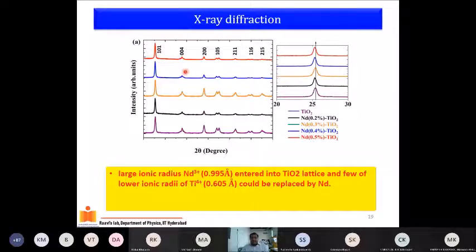But keep in mind, unless you see new peaks corresponding to Nd2O3, neodymium oxide, which is a precursor, you can say that it remains the same. The phase purity of the titania remains the same. In fact, we see that if you go beyond 0.5, if you go to 0.6 and above, let's say 1%, it has changed the entire structure. So the change in the crystallinity induces a strain in the host compound.